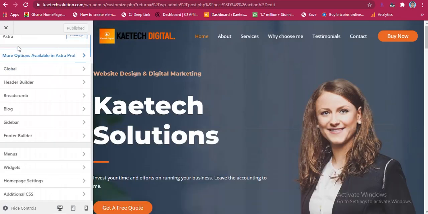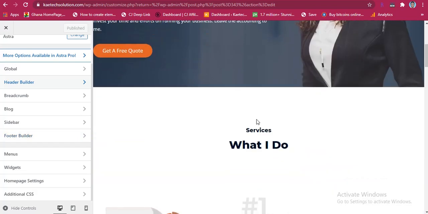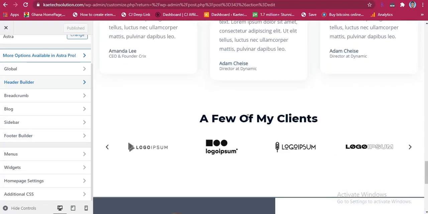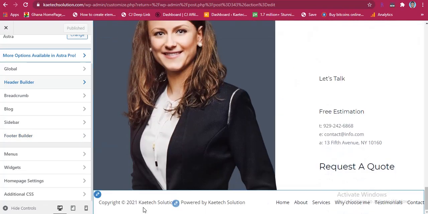So now let's go back. You can do a lot over here. You can check the footer builder, and then do all those things. You can decide to change the copyright and all those things. If you want to change some things over here, you can decide to change it. But I'm not going to do anything. All I'm going to do is go back